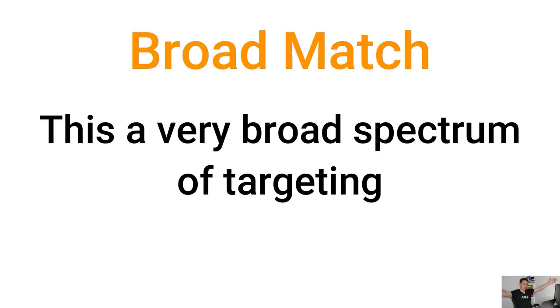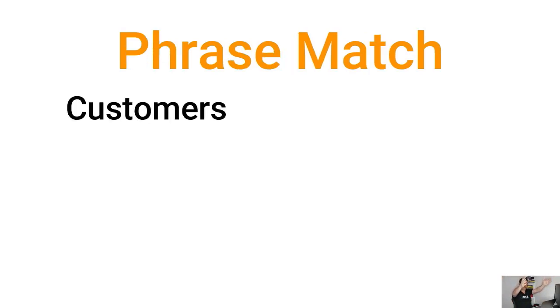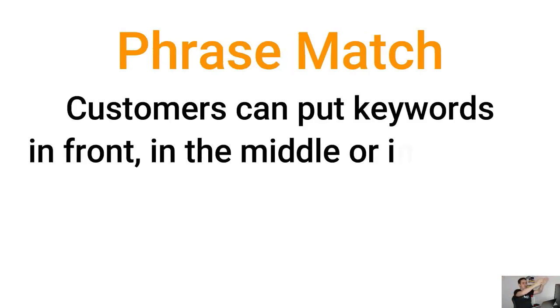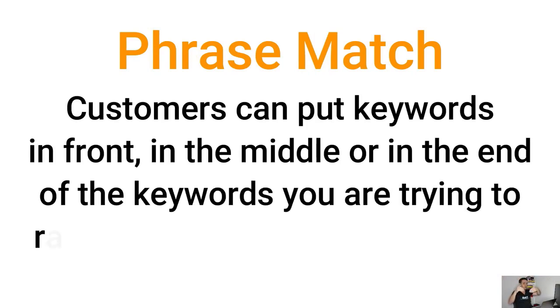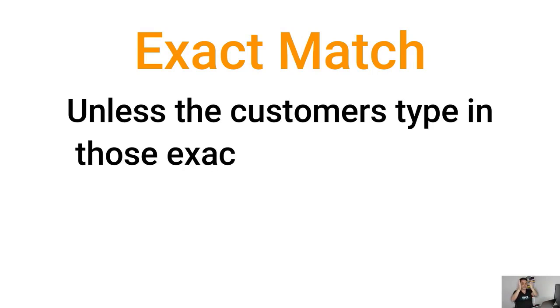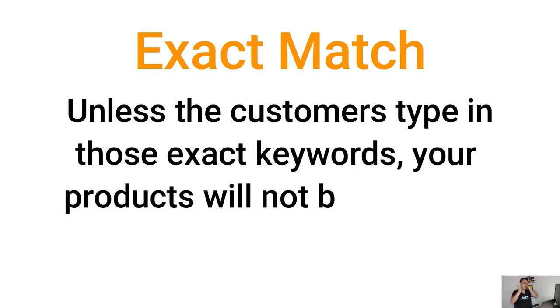If they add so much as a symbol or a letter that differentiates itself from the exact keywords that you have given to Amazon, your product will not be shown to those particular customers. So again, we can start off with broad match, which is a very broad spectrum of targeting. You can then narrow that down to phrase match, so customers can put keywords in front, in the middle, or in the end of the keywords that you're trying to rank and sell your products under. And then you've got exact match, which is unless they type in those exact keywords, your products will not be